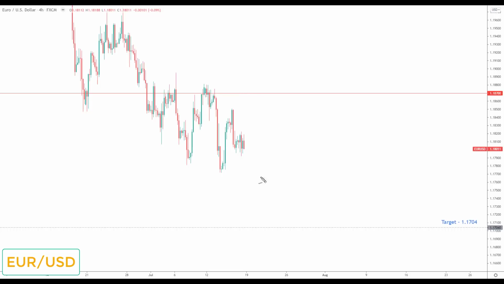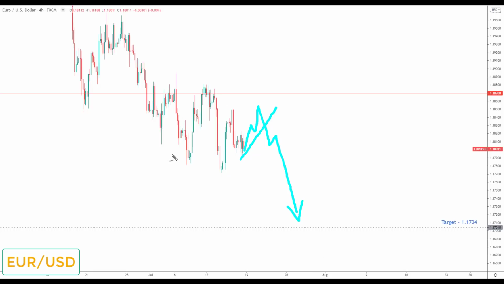We did reverse lower as we bounced higher in the DXY, and going into this week, I still only favor short positions in euro dollar unless or until we can get a break higher and also that head and shoulders reversal in the DXY. Primarily that head and shoulders reversal in the DXY. So any pullback in euro dollar next week will simply be viewed as another opportunity to look for short positions down towards the next key support to the downside, the target set at 1.1704.